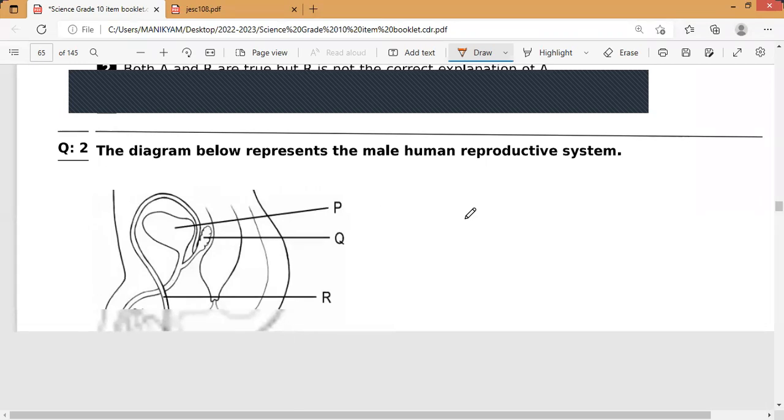What is secreting, guys? It is secreting both. Yes or no? So, yes. The testis, which is present outside the male body, is secreting both sperms as well as testosterone. So this testosterone is the male hormone which will be